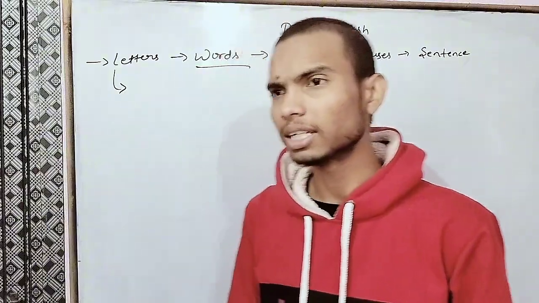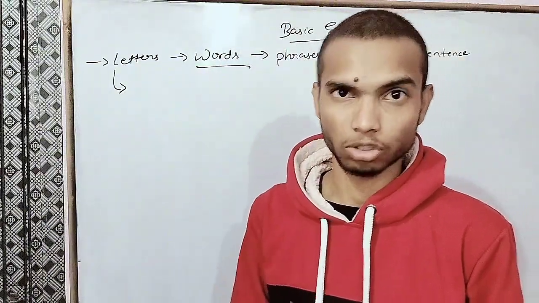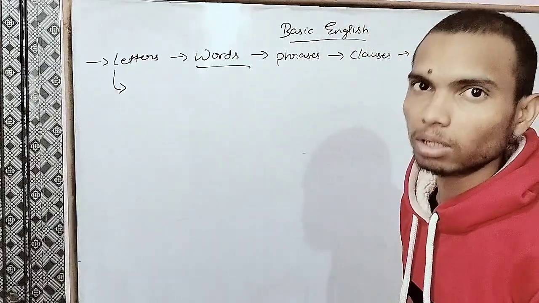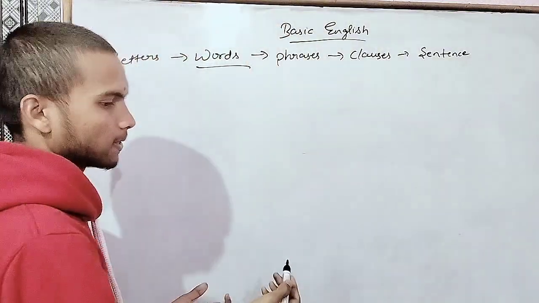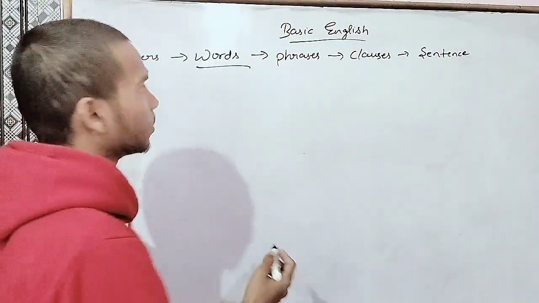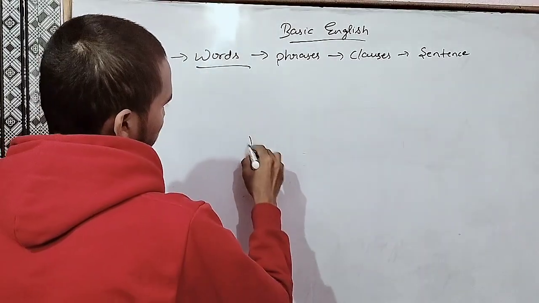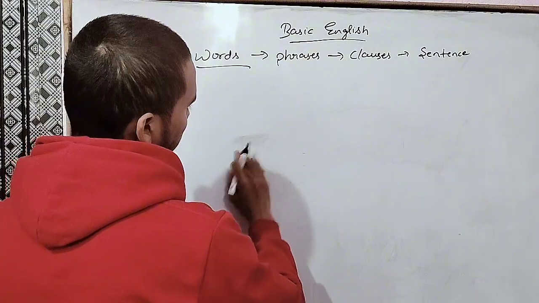What is that condition? The condition is that the meaning of that word should be something. Then we will be able to consider that word as a word. So for example, I write: diary, day,